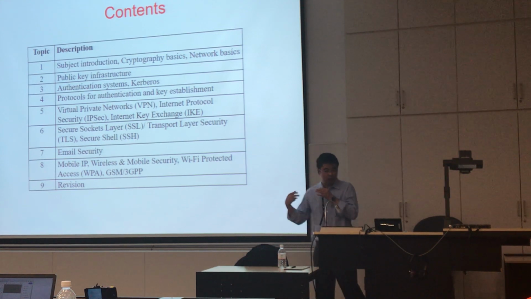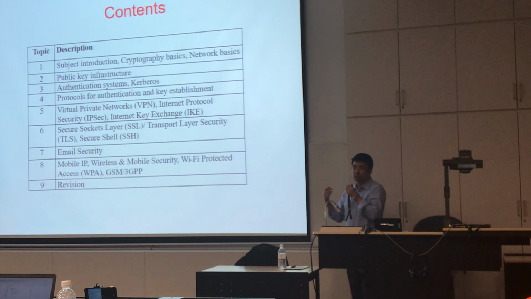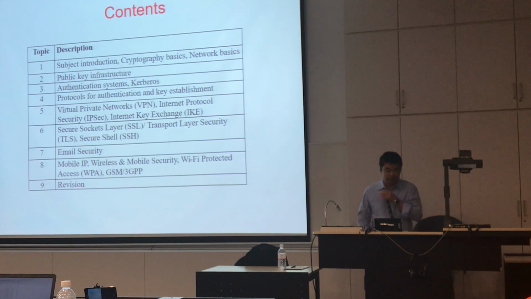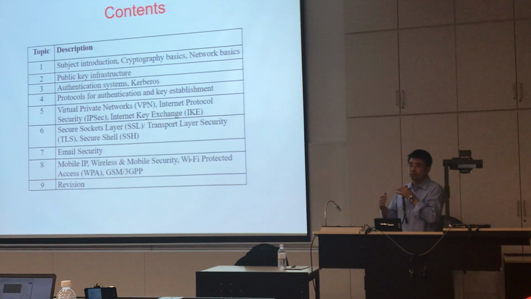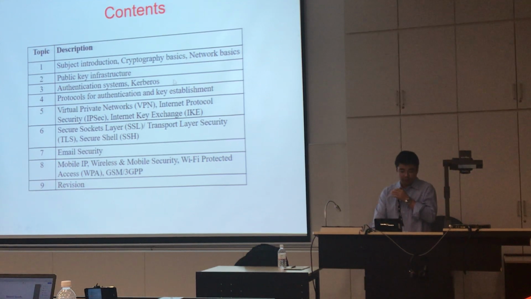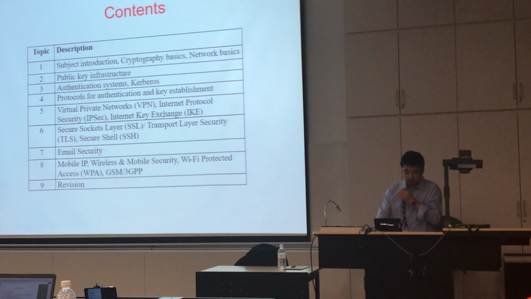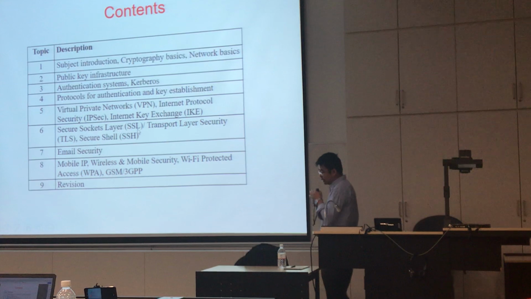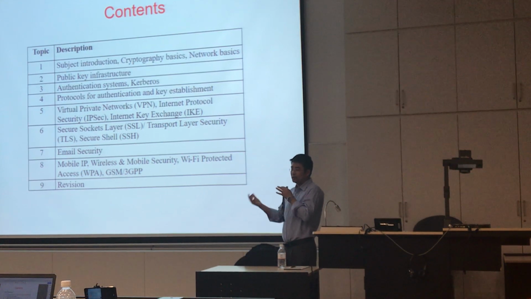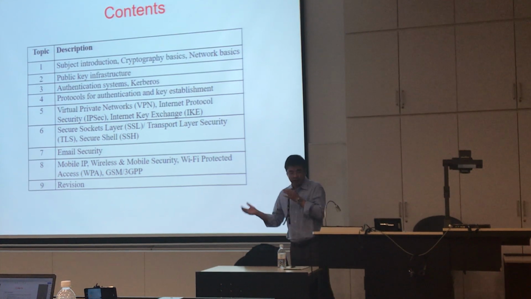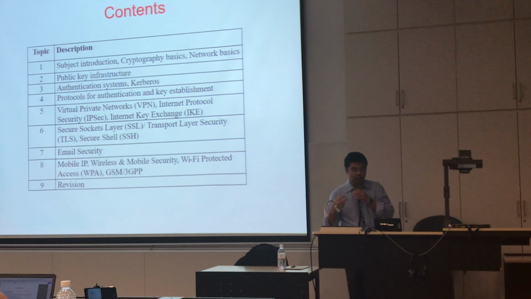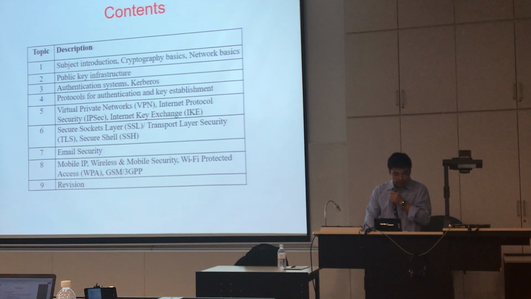For example, you may need to connect to the company network in order to do some firefighting or some tasks. Then you may need to set up a so-called VPN. So we can use, for example, IPsec to set up a VPN. And then we will also look at the protocol for authentication and key establishment. So how to do the initial handshake between two devices or two gateways in a network, so that they can set up the IPsec protocol, right? So that's for IPsec.